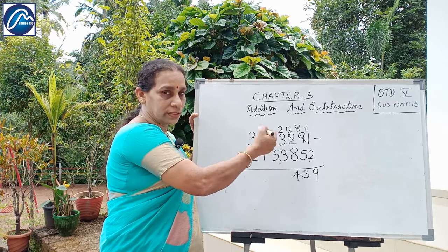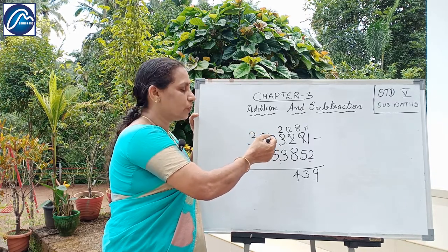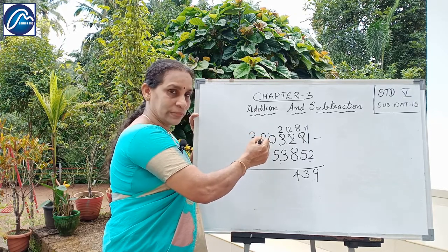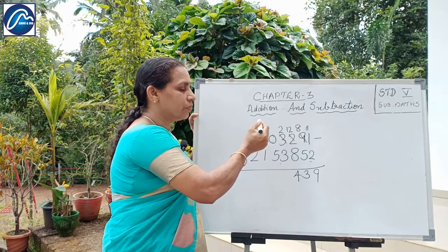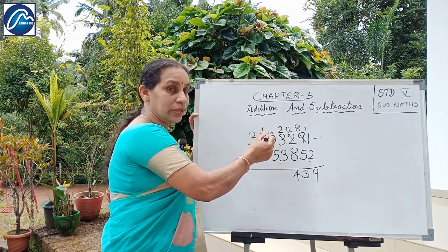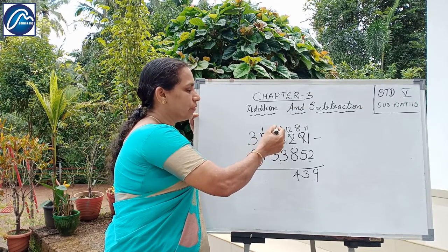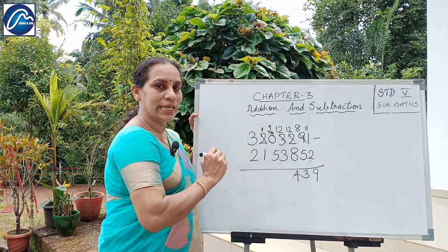The next digit, that means the previous digit, is 0. So we could not borrow. What we are doing is borrowing from this number, 2. So you are giving here 1 and it will become 10. From this 10 we are borrowing here and it will become 12 and here it is 9.